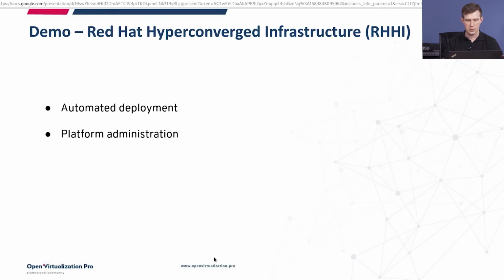Okay, let's carry on. So I've got the demo, and what I would like to show you today is just an overview of what you've got. What is the difference between Red Hat Hyperconverged and Rev in terms of the operational side? Because I think one of the questions that many people will ask is, what's the major difference between putting all the things together? Again, it's the ready deployed configuration that you have, yes?